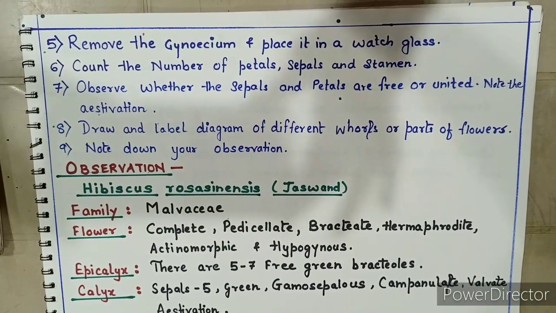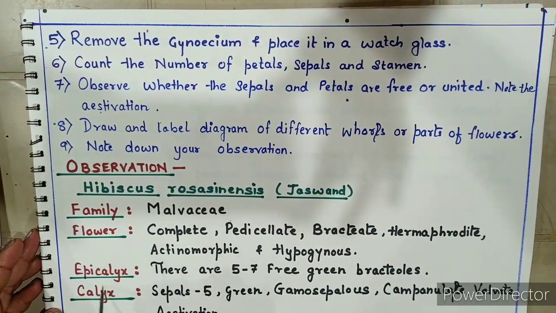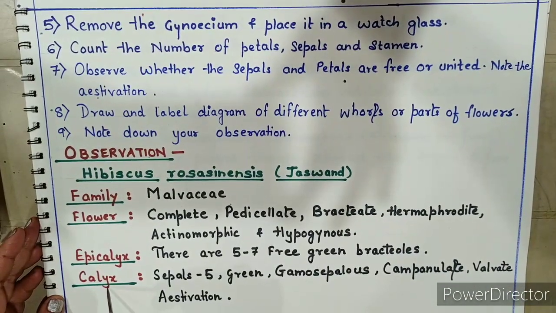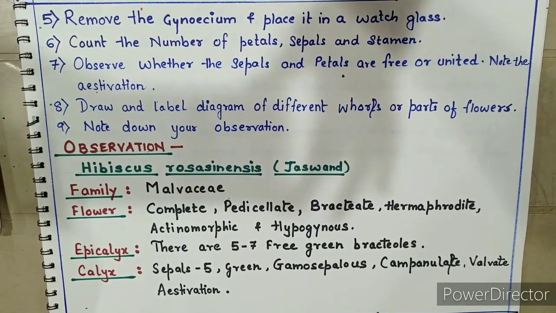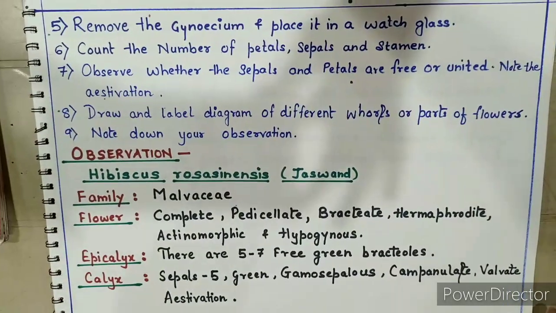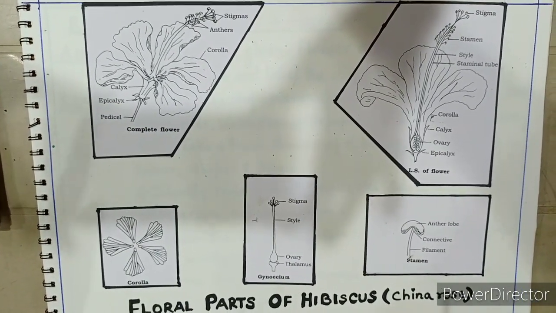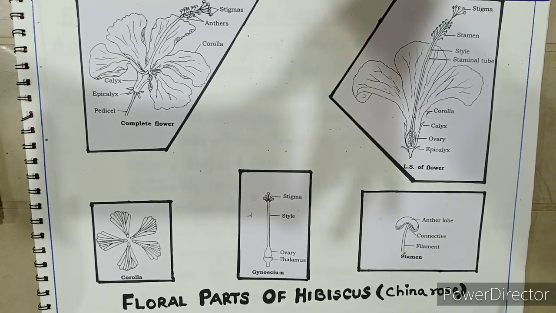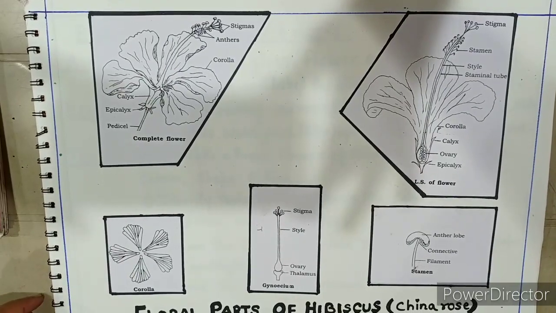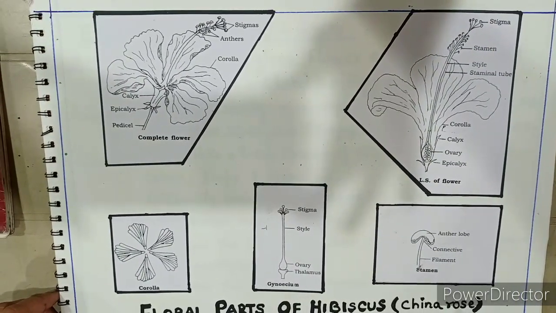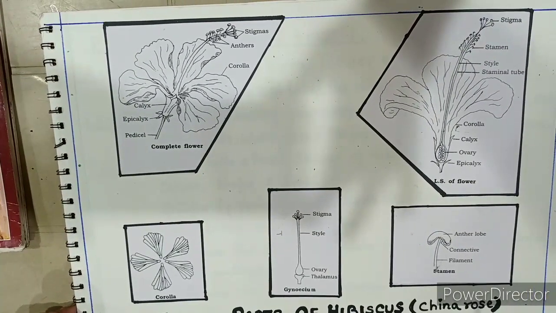So what I told you children, aim, requirement, procedure and observation, which we have discussed right now, has to be written on the ruled page. The entire observation has to be written on the ruled page. Coming down to the blank page. On the blank page children, you have to draw this diagram. From the handbook, I have taken out the cutouts and I have pasted it over here so that you can see that on the blank paper all these diagrams are to be drawn with the pencil.